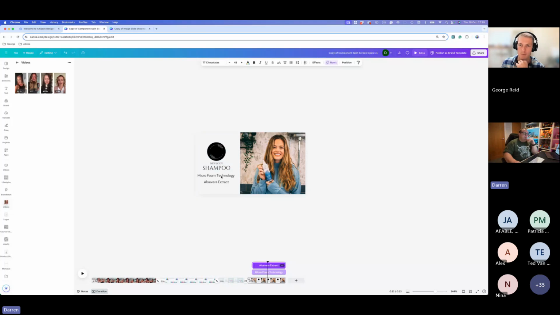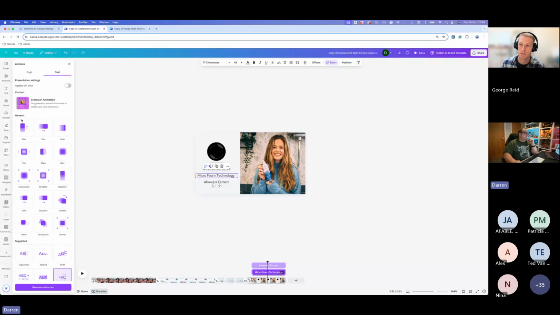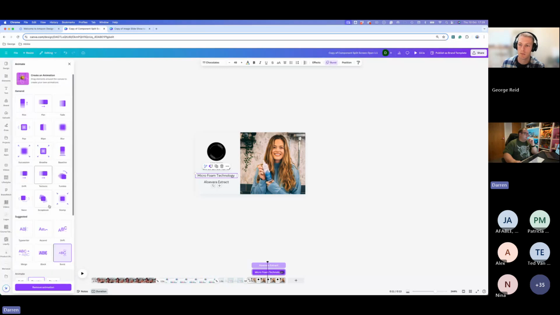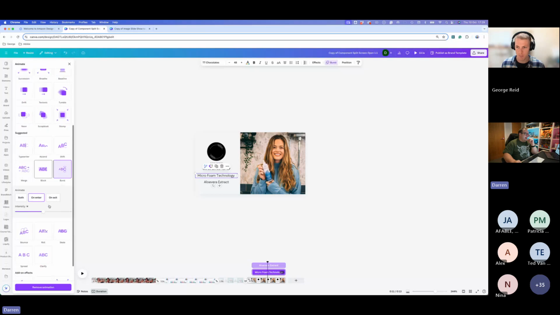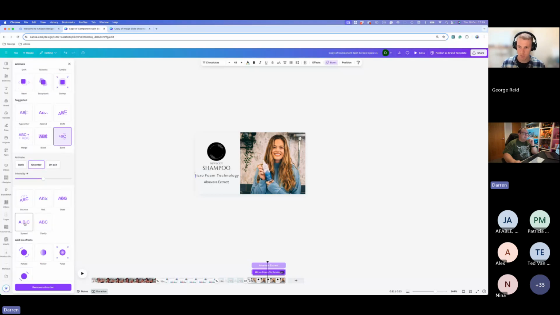And when it comes to the text animations, there's all sorts of little different text animations that you can add on here. We've got burst on there at the moment, you can see at the top here. So you've got all sorts of different text animations that you can add on here and play about with, depending on what you want it to look like. The idea is you wouldn't mix and have roll on one and burst on another. It just would be a bit too jarring, I would have thought.